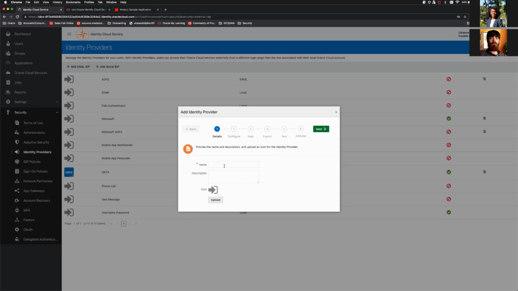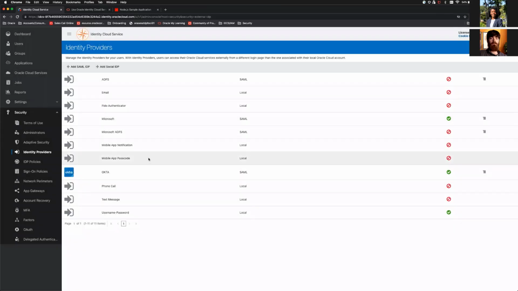So in effect, you would add all of the separate IDCS stripes. Let's say IDCS Cloud Commerce. And then you can give it its icon so that it's easier, more identifiable. You would export the metadata from the IDCS stripe that comes with it, right? So we showed how you can view, here, you can get the metadata. You would upload it here. You would map the users as we did with the Azure, test and activate it, right? And so